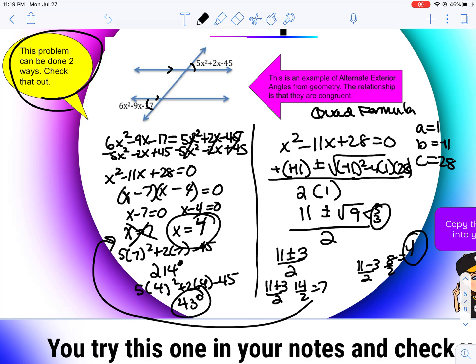And honestly, if you were just randomly doing a problem, you can just pick whatever way you want. If you're taking a test, though, or something, make sure you're reading the directions and doing the problem the way your teacher